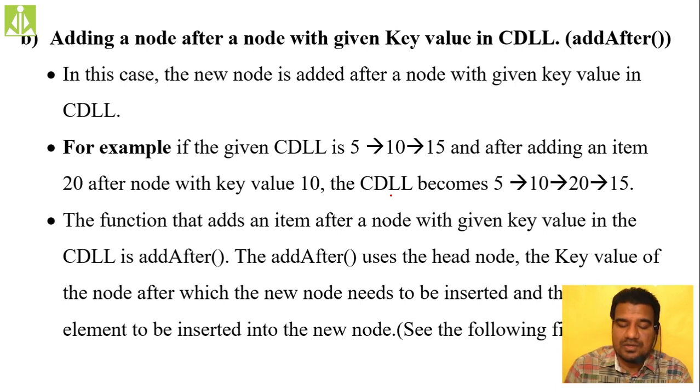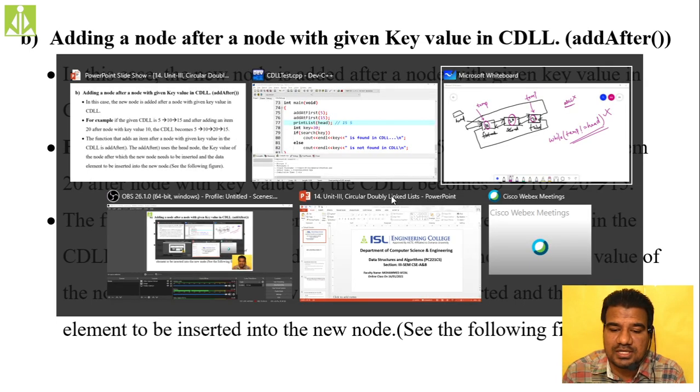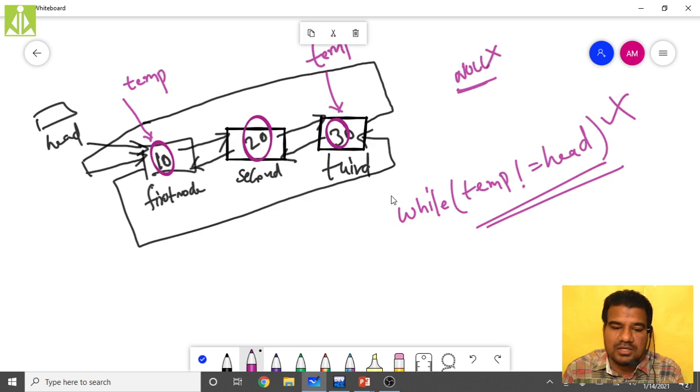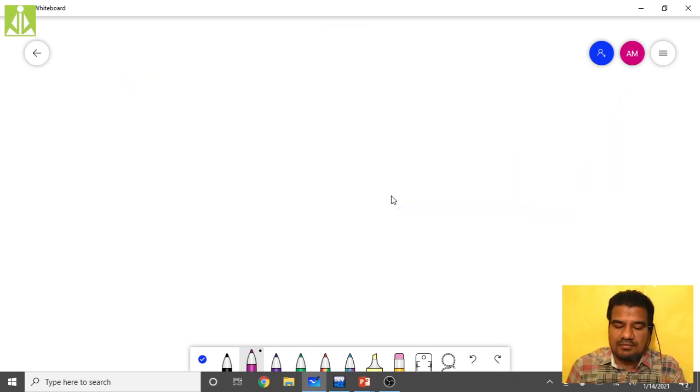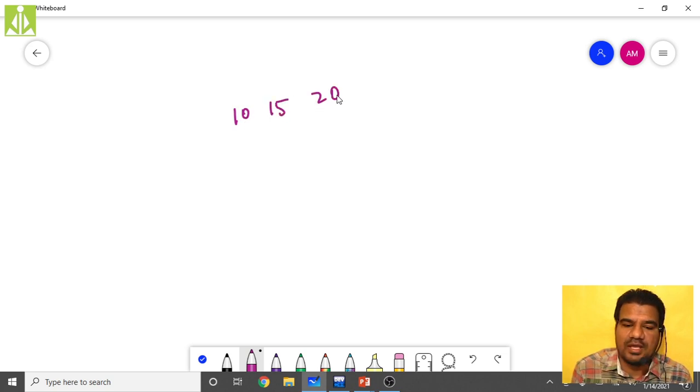The first thing is, let us assume my doubly linked list is like this. This understanding is important, so that is the reason why I am giving it. Okay, so the first thing, if my doubly linked list is like this, 10, 15, 20, 17, like this I have my doubly linked list, and the head pointer is pointing to the first node, 10.